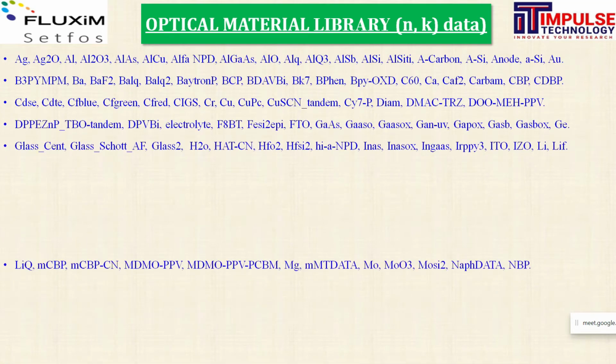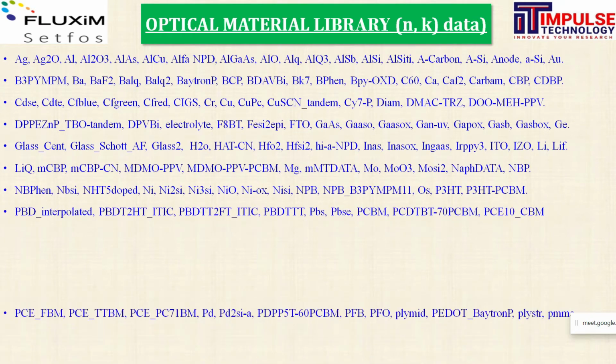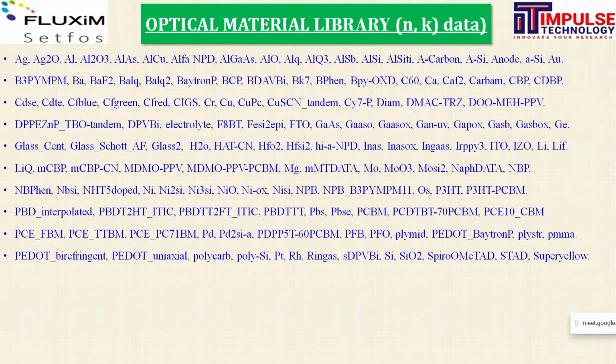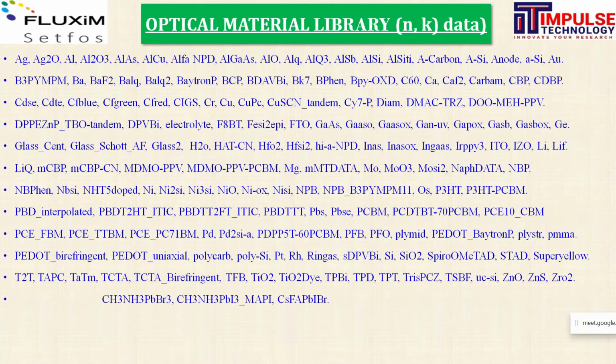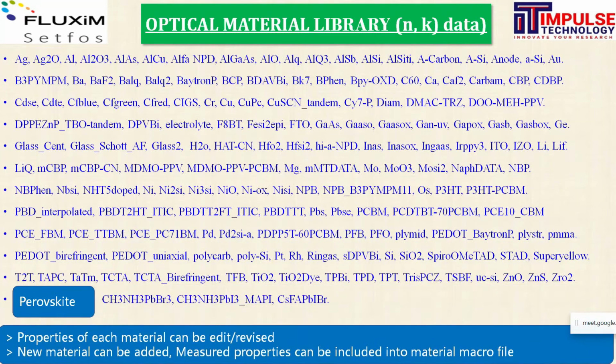in the database. So as you can see on the screen, there are many materials, mostly all inorganic and organic materials. Refractive index, n-k data is already available in the database. So instead of worrying about the materials database, you can get it either from our software database, or you can find it from some literature, some reference papers.